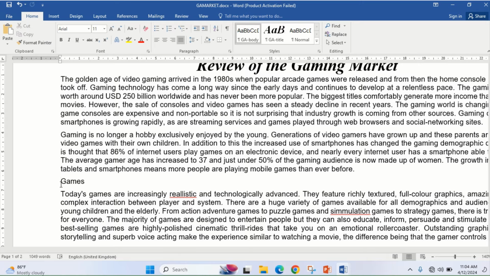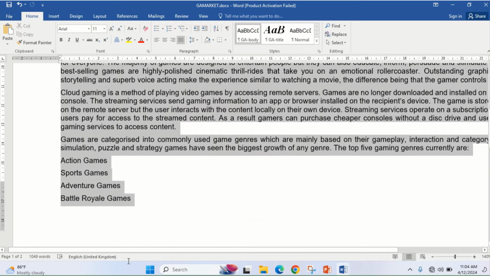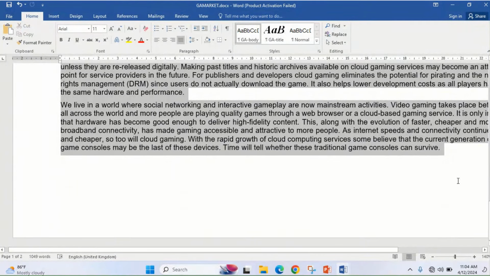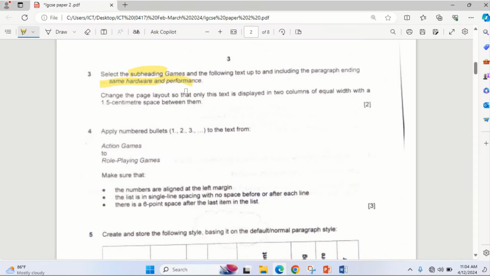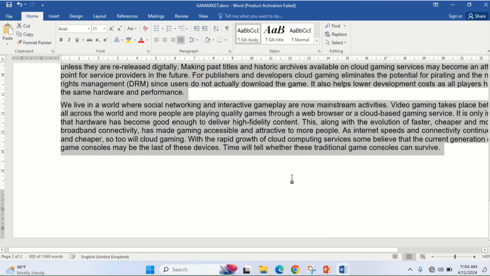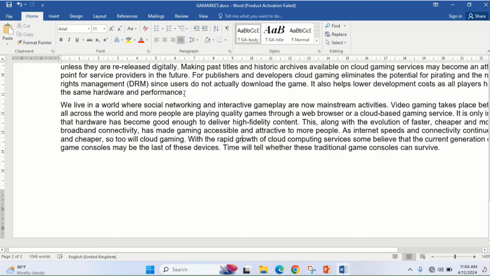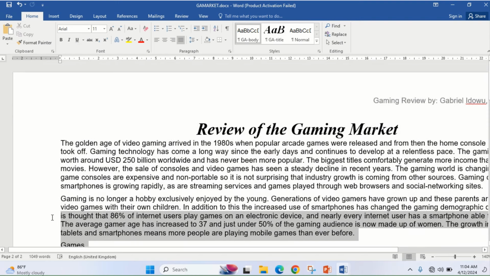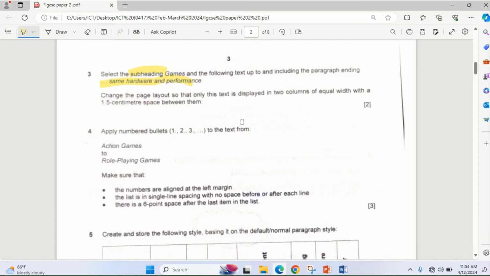Then I will select all the text that follows, till where? Let me check that. Till we have "same hardware and performance". Here is "same hardware and performance". So I'm going to pick from Games, and that's what I've selected. Having selected, that's the instruction, then change the page layout